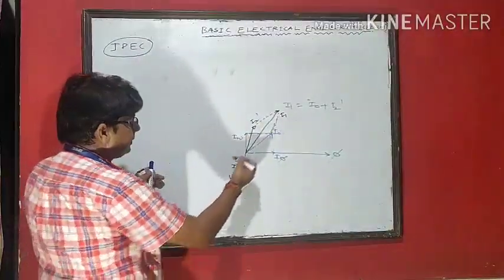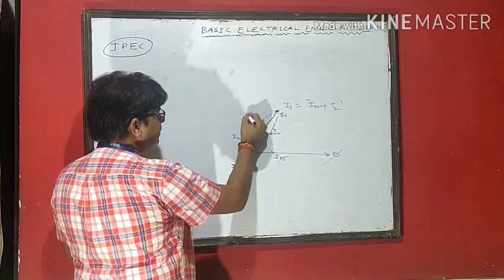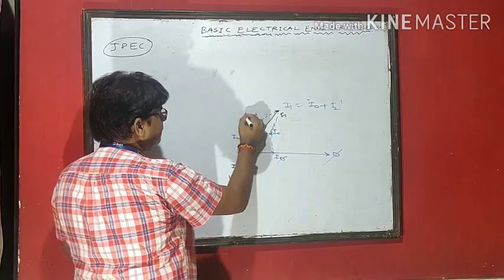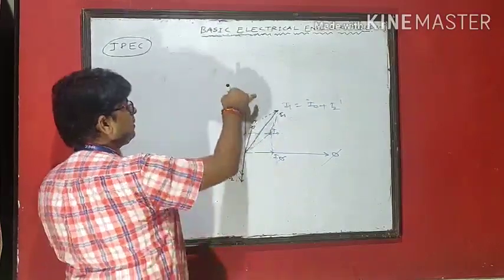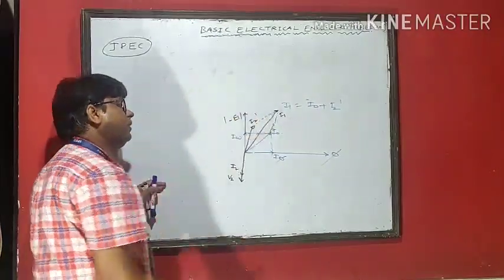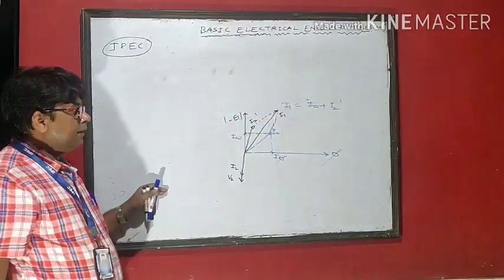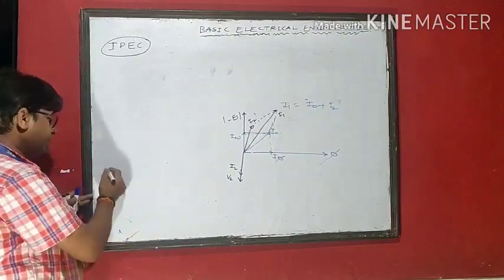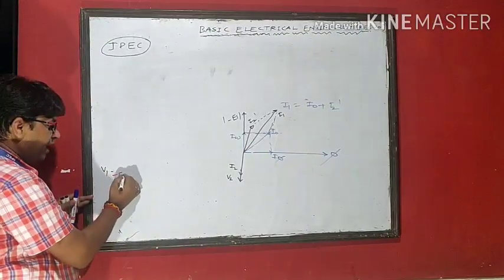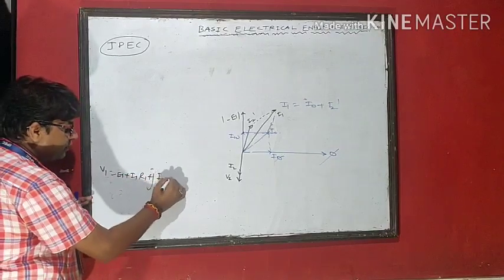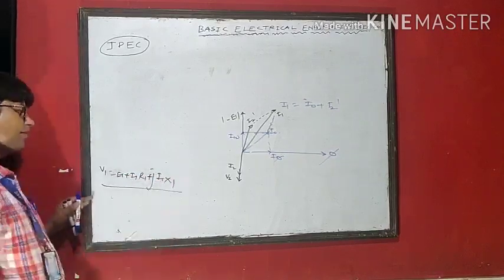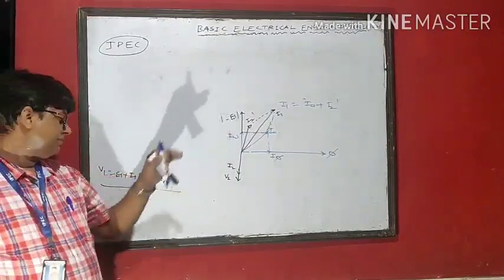The E1 opposite of this is minus E1, because below the reference it is transferred as minus, then taken as magnitude only on the line. So we know that on the primary side V1 equals E1 plus I1 R1 plus j I1 X1. This is the primary side. We got the E1.